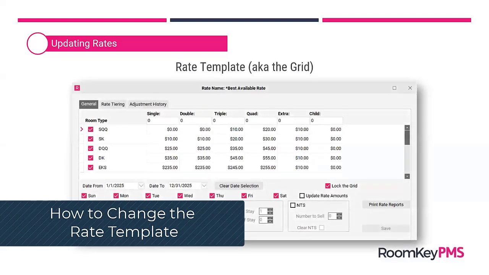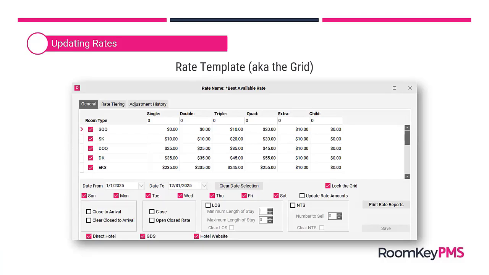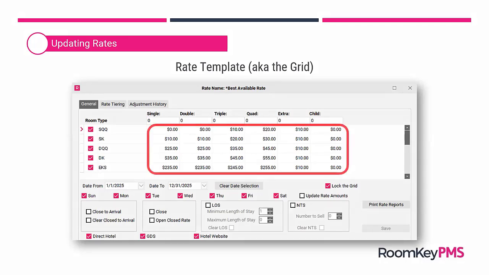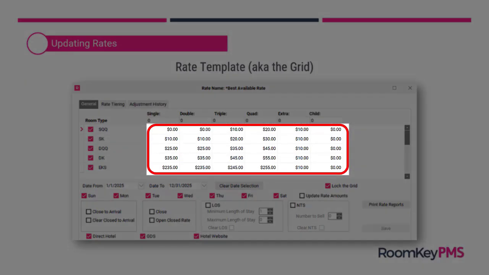One thing that I've been referring to is the grid, or the technical term for it that we use is rate template. And that is specifically this section in the rate wizard when you're managing a rate pricing using the next button. So this grid, every time you click next and open up this window, this grid is always locked